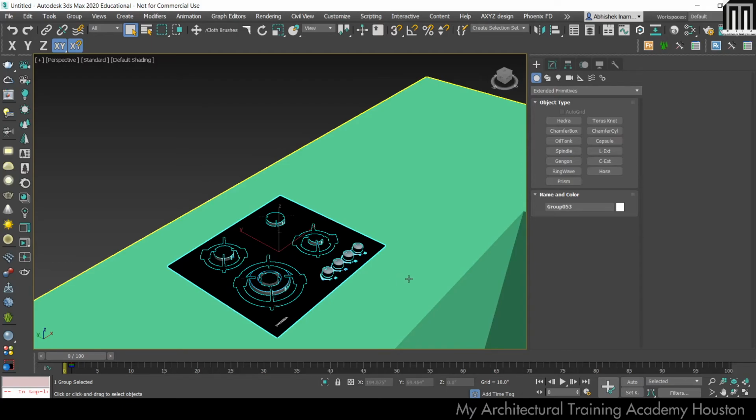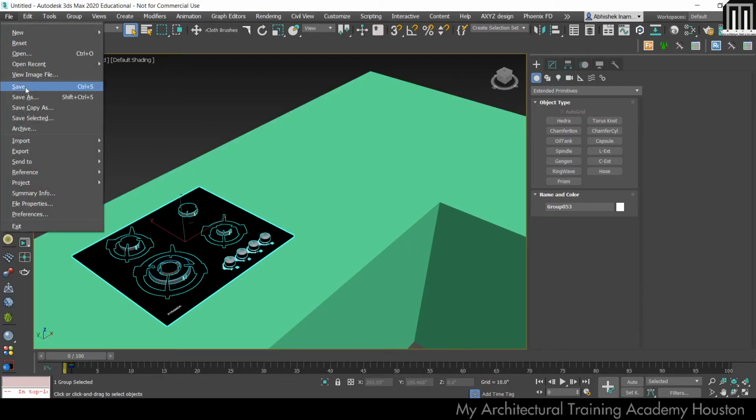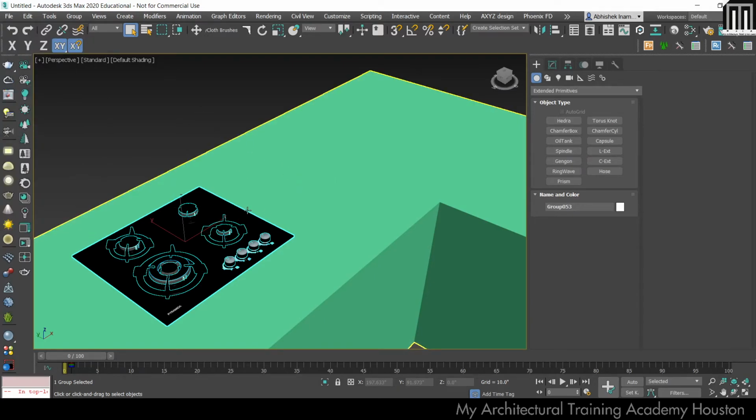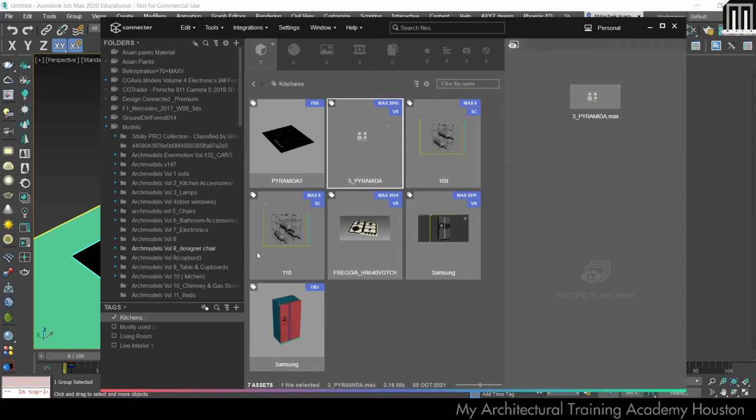If you are a beginner and you want to merge many models in your interior scene or kitchen or whatever, you have to go manually, go to file, import, and say merge, and manually import and merge it object by object. So it takes a lot of time. If you have very little time and want a very fast turnaround for your clients, then of course I suggest you have a look at this connector tool.